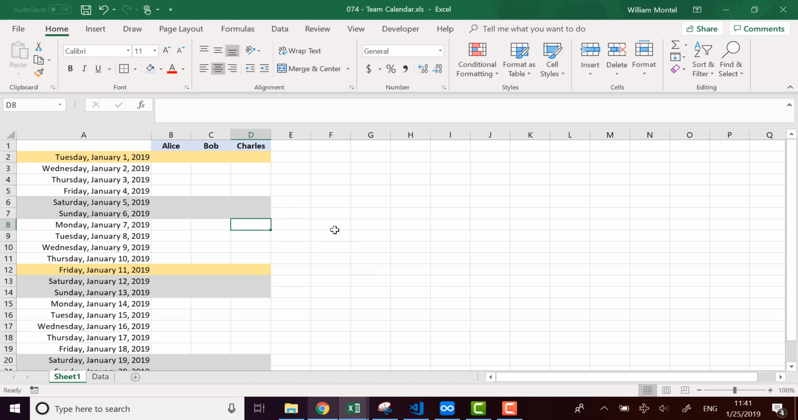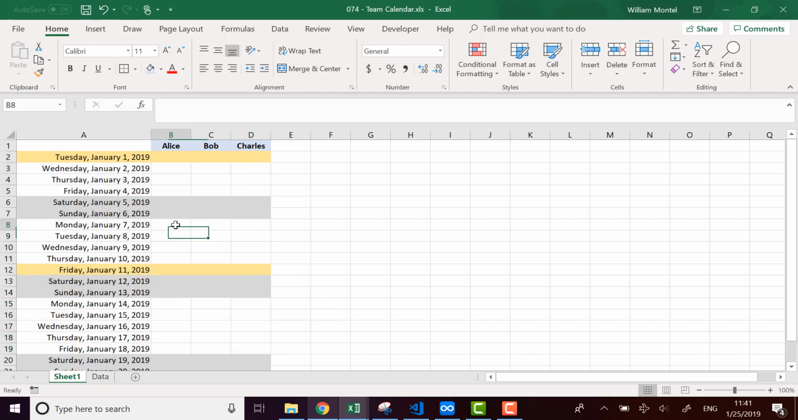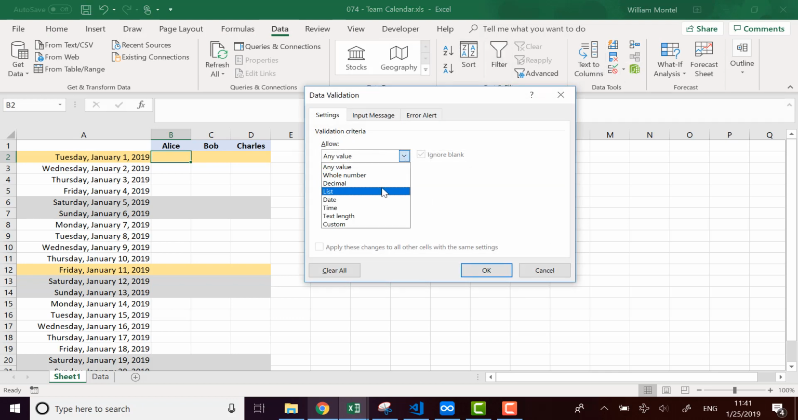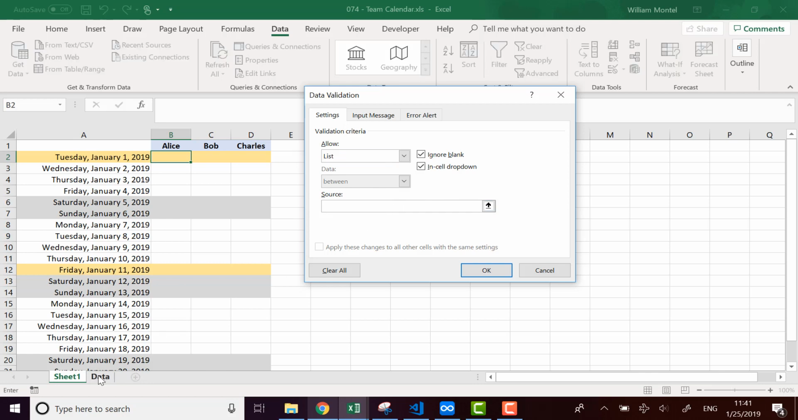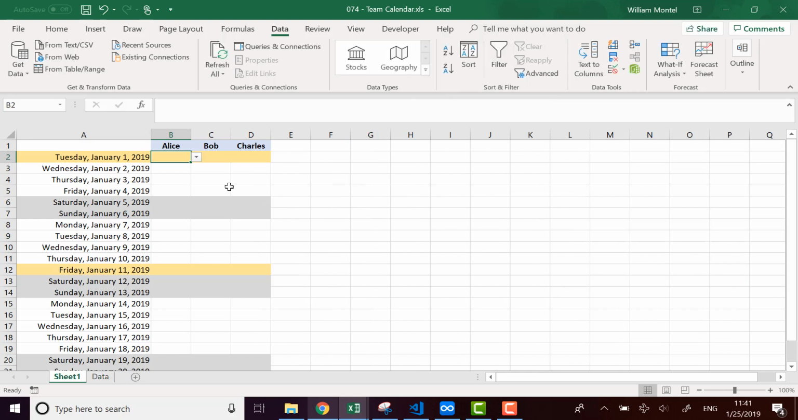And now that I have all my dates, I can add sort of a drop-down list. So you can choose if it's a regular day or if someone is missing. So I'm going to put a drop-down list here. So I'm going to go into data validation, allow a list, which is going to be these ones. So leaves, okay, and here I can put